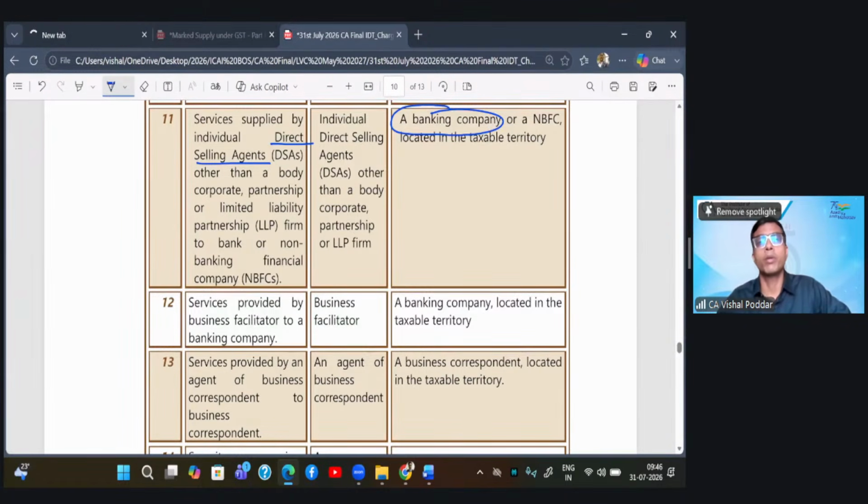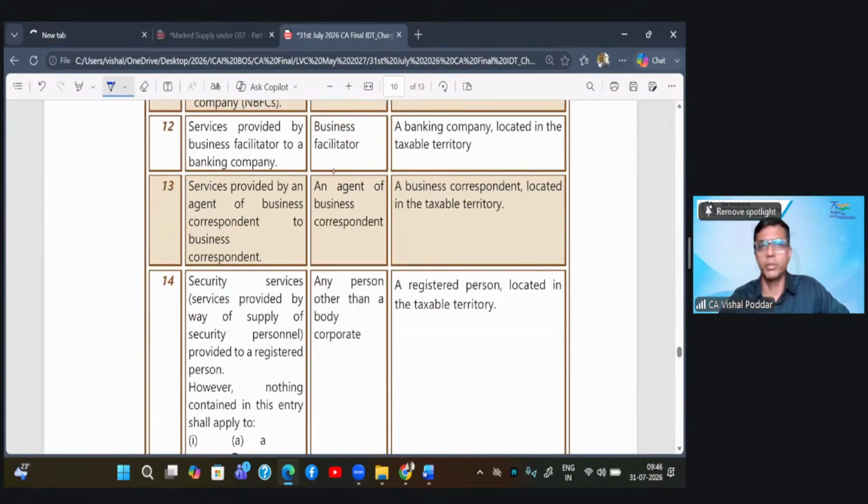Now, who are these people who are calling? They are direct selling agents. What is very important is they should be individuals. They should not be a body corporate or a firm or an LLP, etc. Nowadays many individuals are doing this, so you get calls for credit cards and for various products. When they are giving services to the banks, that is what is covered in RCM. Similarly,